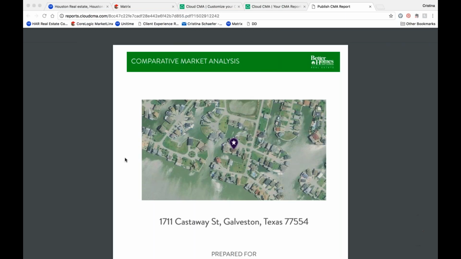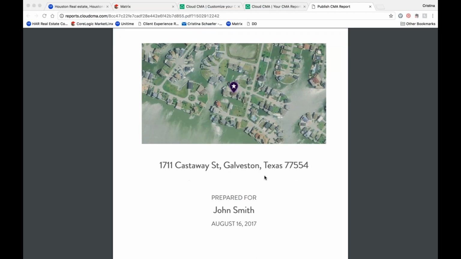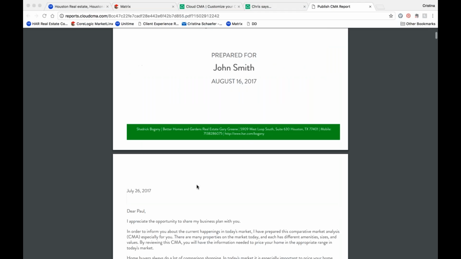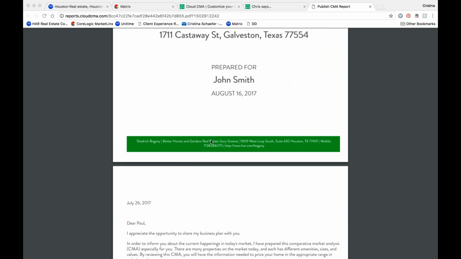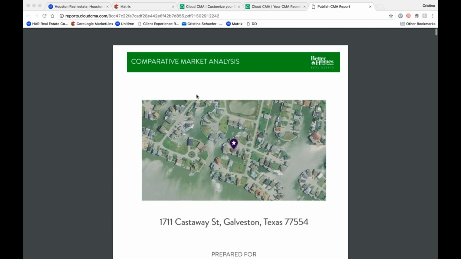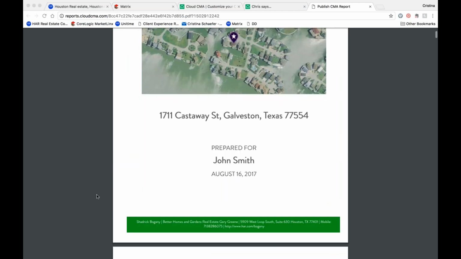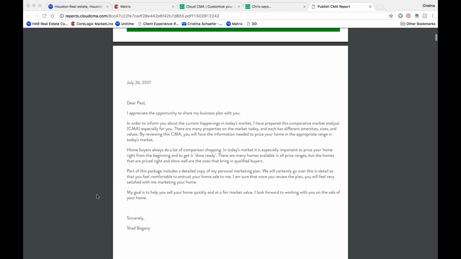So here's my cover sheet. It already pulled this based on where the subject property is. I didn't have to upload that. There's my subject property address, my client's information. Now it does have a custom header and footer for you, so you can have a custom header and footer in here. Then there's his cover letter,